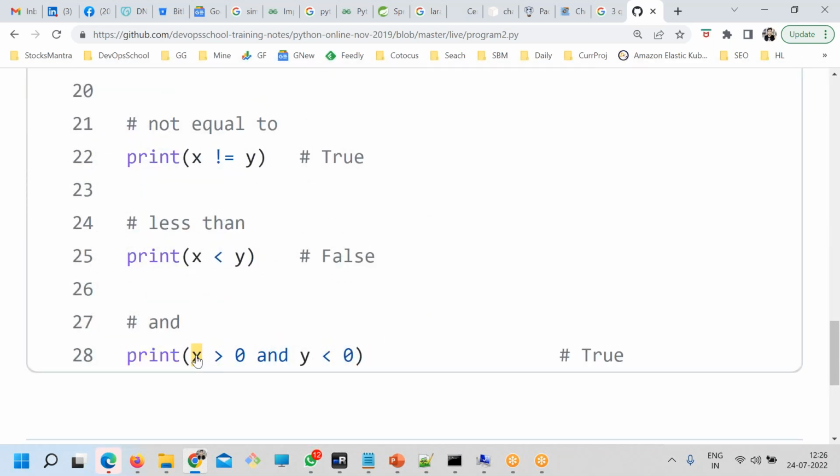See here, print x is greater than 0 and y is greater than 0. Now this is interesting. Anyone have an answer for this? Anyone?